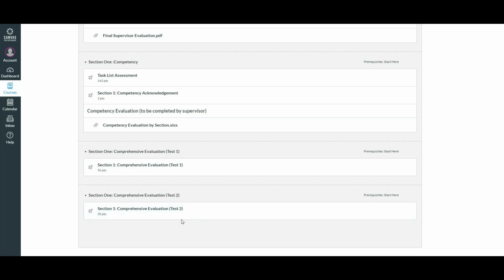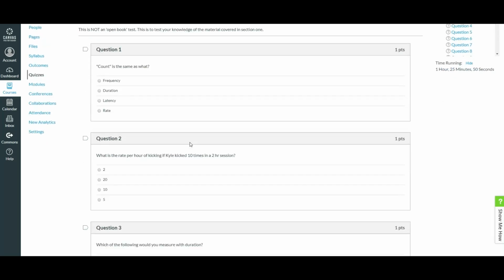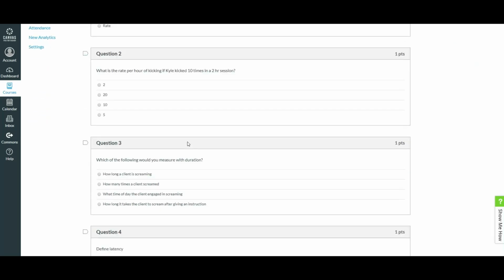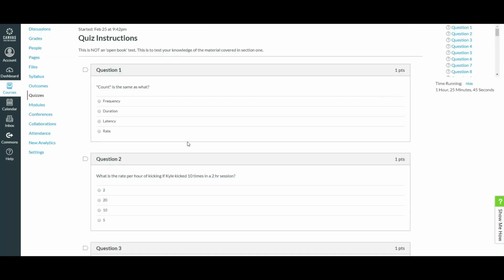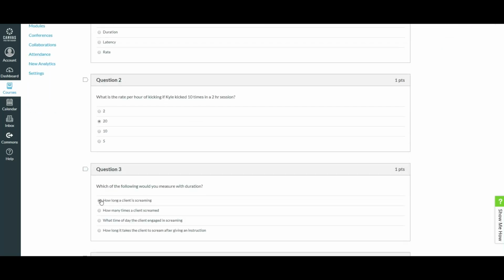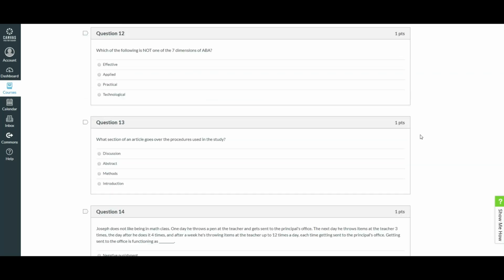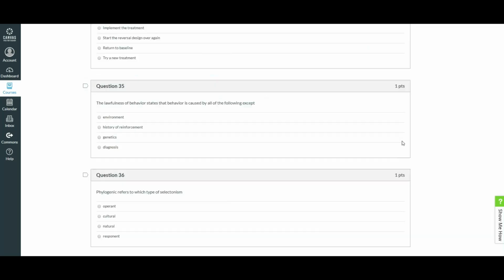So let's take a brief look at what a comprehensive evaluation looks like. This is what it's going to look like. Again, 50 multiple choice questions. And then as you answer these, I'm going to just answer some of these wrong so we can see what that looks like. All right, and then if I scroll all the way down and submit this,